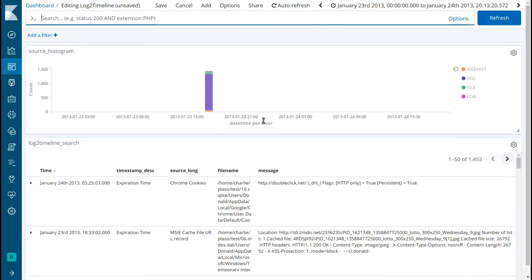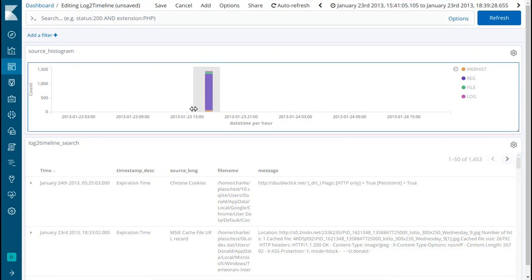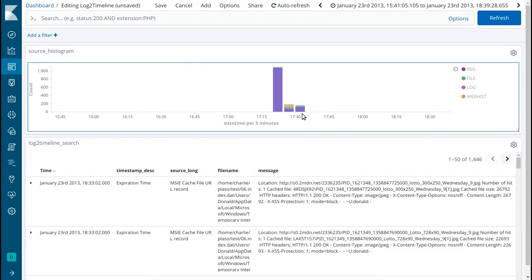oh yeah, the Chrome cookies happen first, and then, so I'm not sure if I've got everything there, have I? Oh yeah, oh, there's the expiration time. Remember, those aren't indicative of. However,